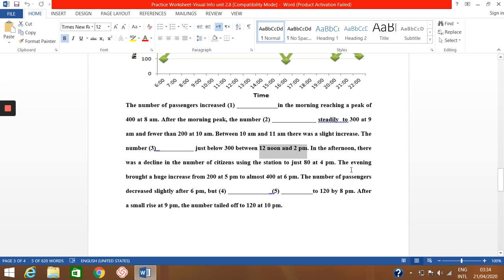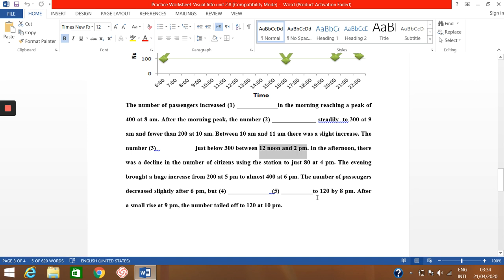The evening brought a huge increase from 2000 at 5 p.m. to almost 400 at 6 p.m. Okay, let's continue. The number of passengers decreased slightly after 6 p.m. but dash to